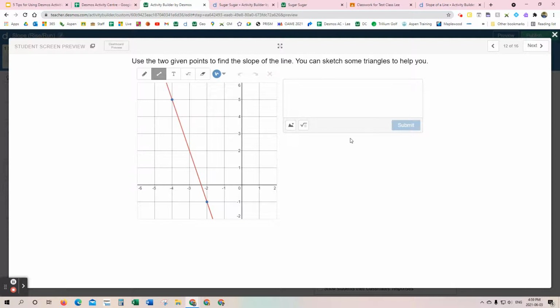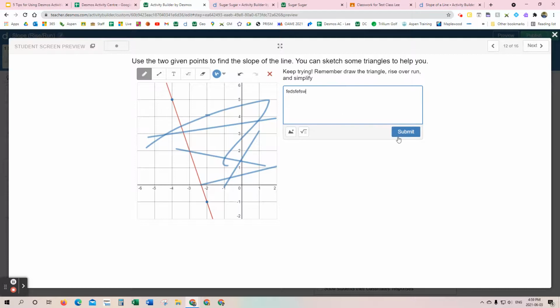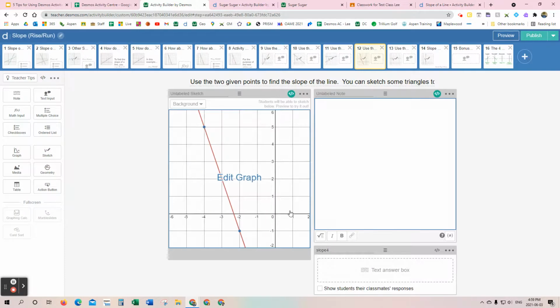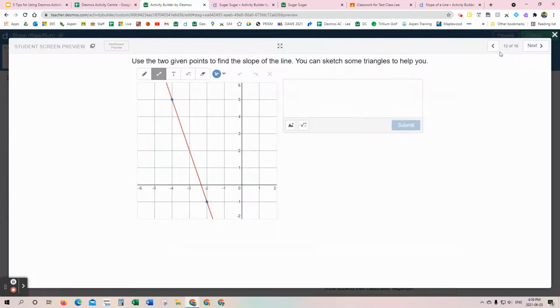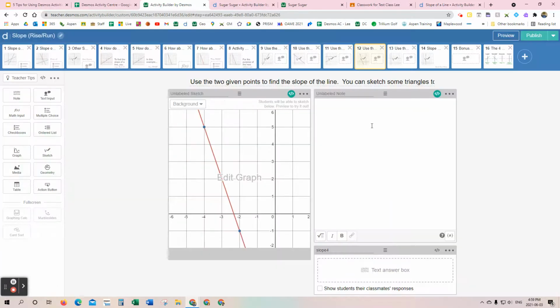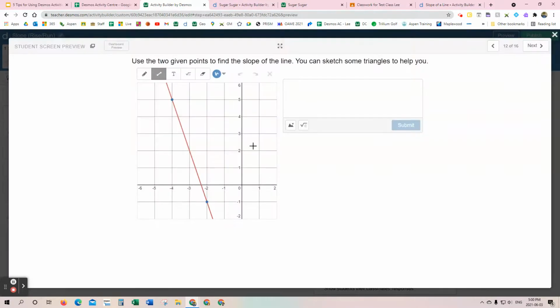Okay, but as you go off, you can mess around with this. It doesn't matter. You're not screwing up your activity because you're in the preview. So it doesn't matter what you put on here. You want to draw all over, you type whatever you want here. You're not going to mess up your activity because you're in the preview. So if I go back and exit, you see now this slide hasn't been changed. It's all back to normal, and see now it's back here. Okay, so you're just going back and forth between editing the activity